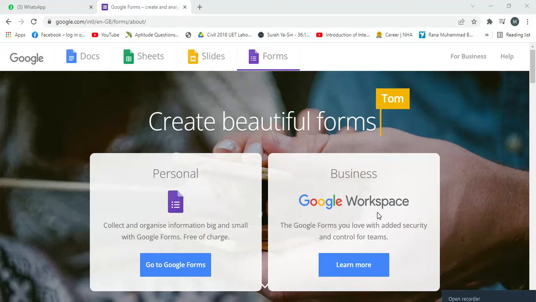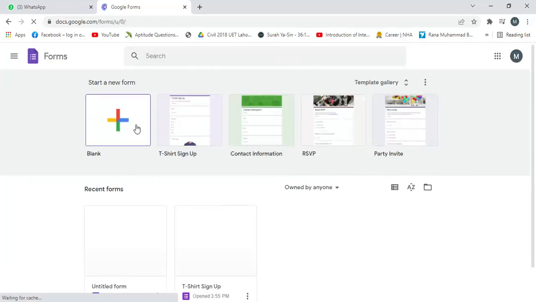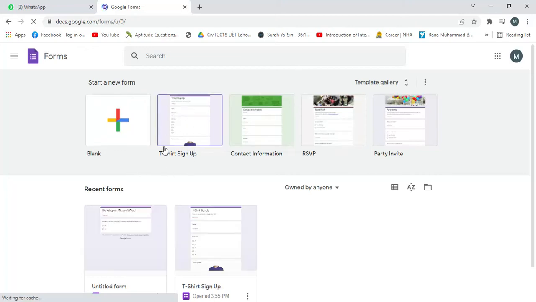I will give the description of this form, but for what purpose I am creating this Google form. I will write this form will be used as a sample to collect data of students in a school, to collect sample of number of students in a school. So I will be creating a Google form for this